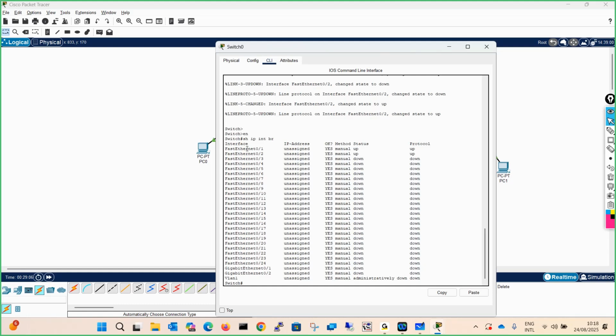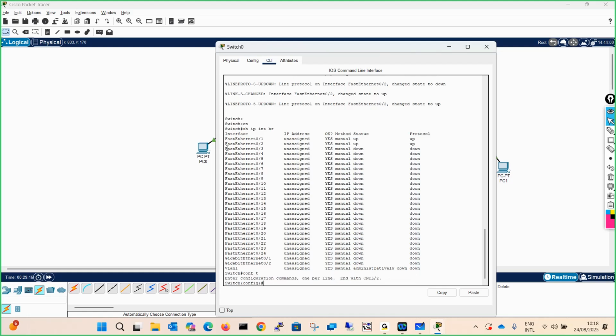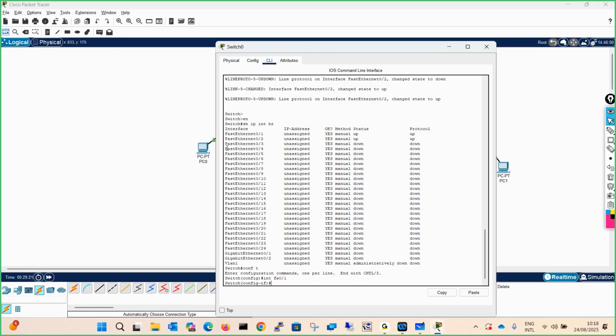Before that, just understand how simple it is to create a VLAN. You go to the port, for example port number 1, configure terminal, interface FA0/1, and you assign the port a VLAN, and it becomes a member of that VLAN.